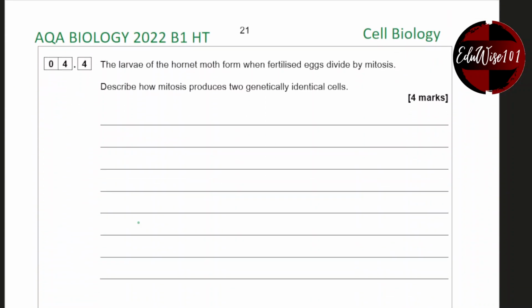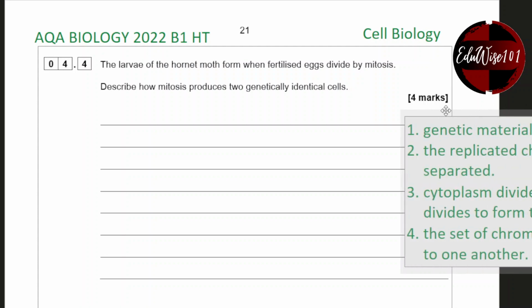Question 4.4. The larva of the hornet moth forms when fertilized eggs divide by mitosis. Describe how mitosis produces two genetically identical cells. Now, you need to remember the steps for mitosis and meiosis and how it actually happens. So mitosis, the stages